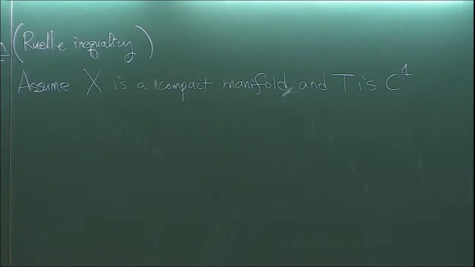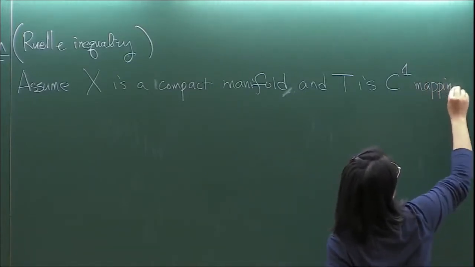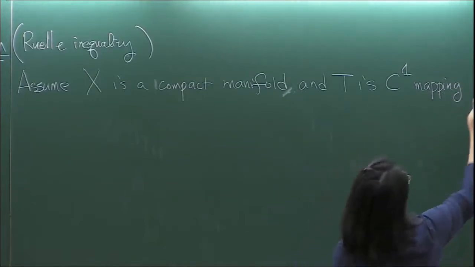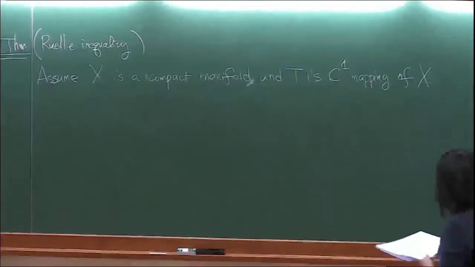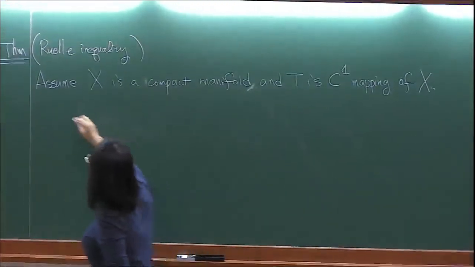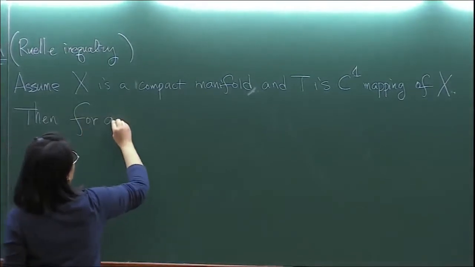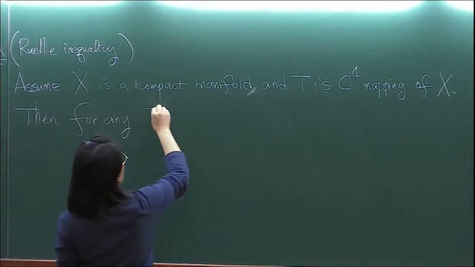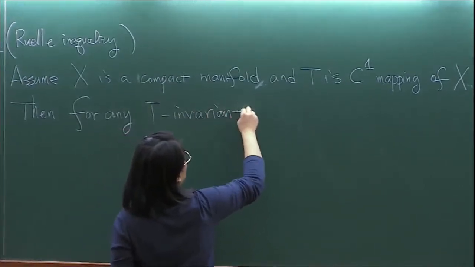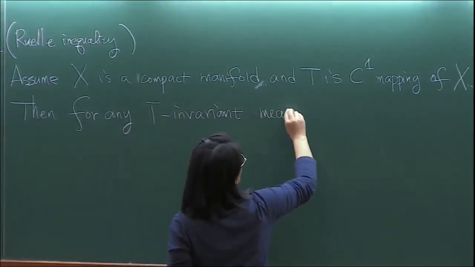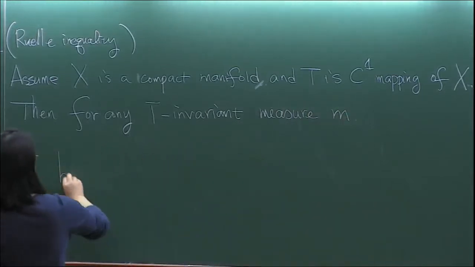Okay, C1 mapping of X. Then the conclusion is for any T invariant measure mu, you will have